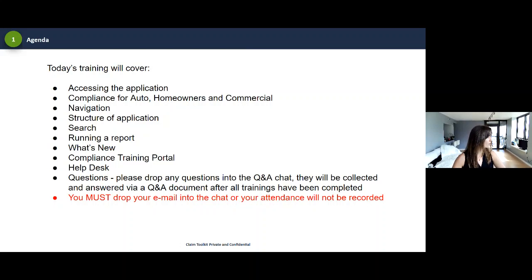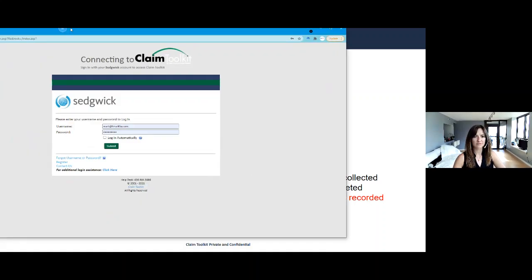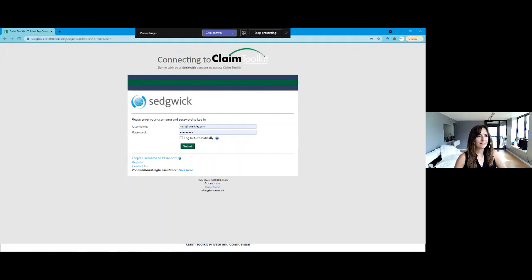So we're going to go ahead now and jump to your application. You access your application via a company-specific URL that has been provided to you, which all of you received with your ID and password on June 1st. Essentially, you use an internet browser to get here. And when you enter in that URL, you are taken to what you see now, which is the login